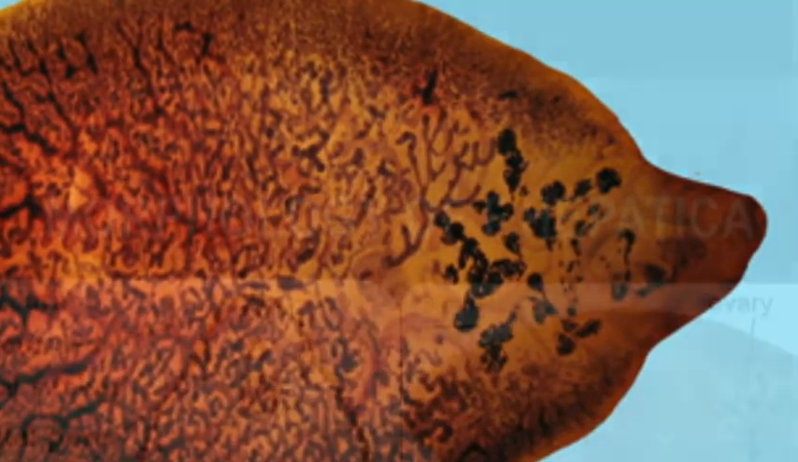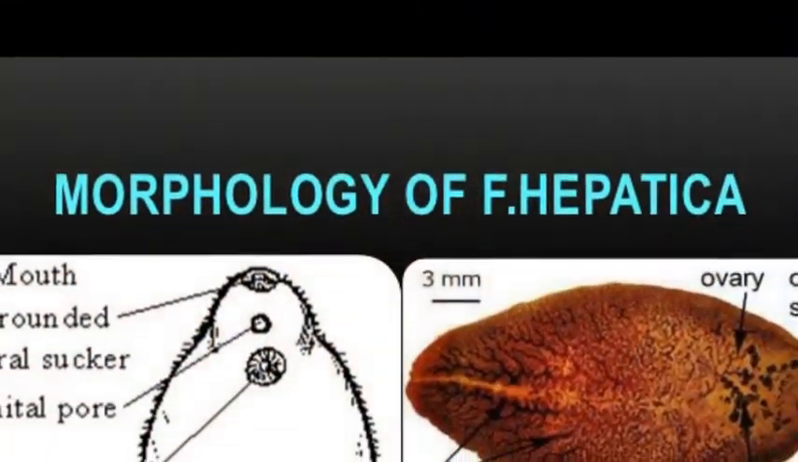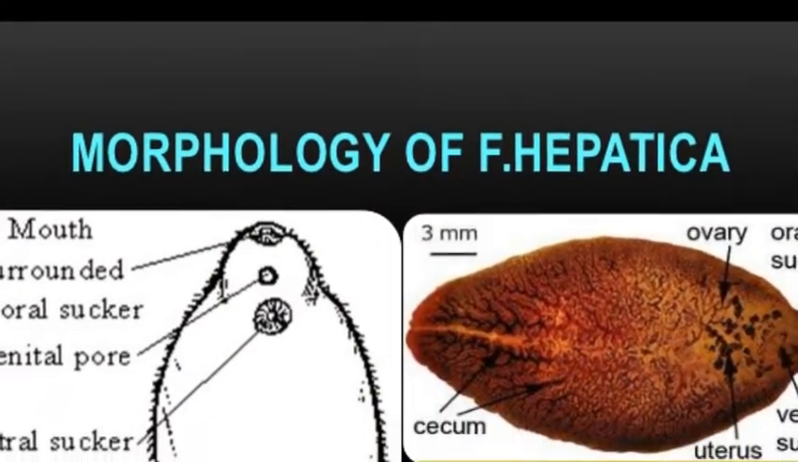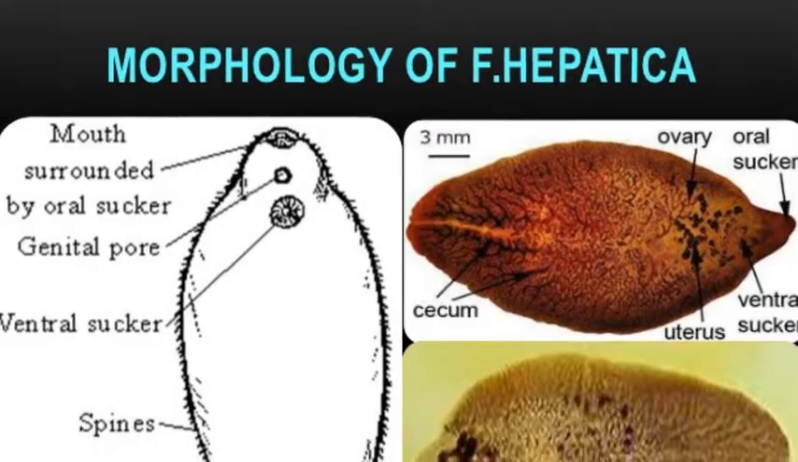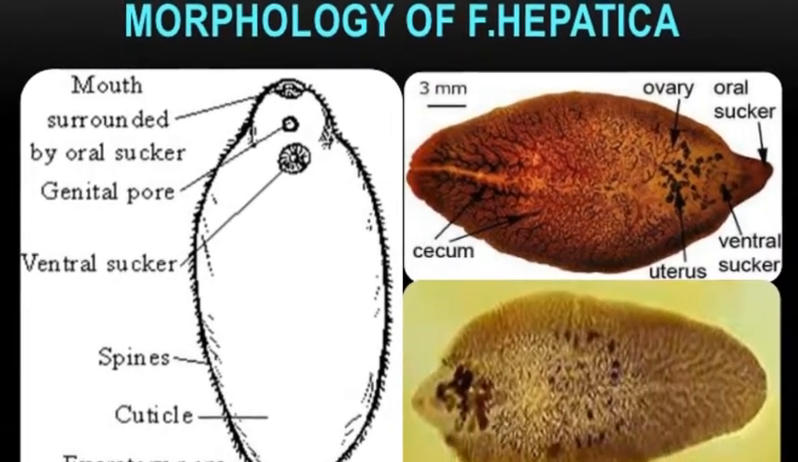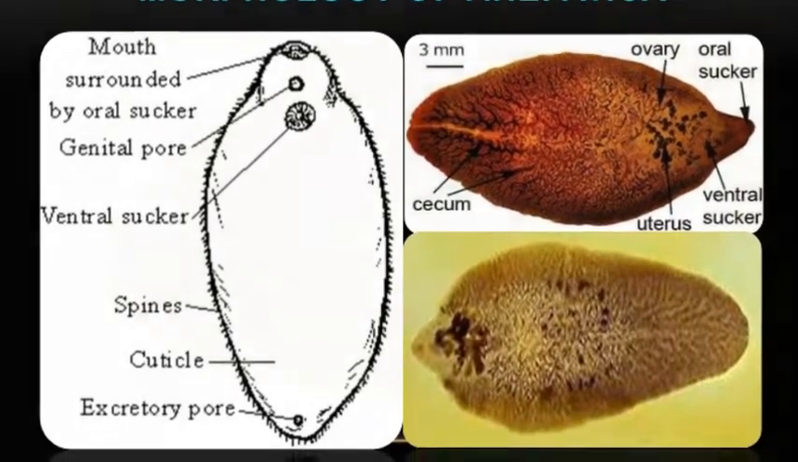So let's go to the morphology of the adult worm of Fasciola hepatica. It is averaging 13 mm in length and 13 mm in width. Fasciola hepatica is one of the largest flukes in the world. The adult worm has a very characteristic leaf shape, with the anterior end being broader than the posterior end and